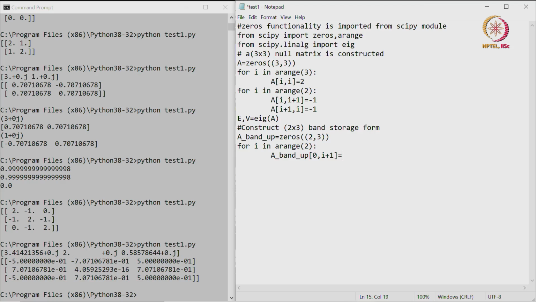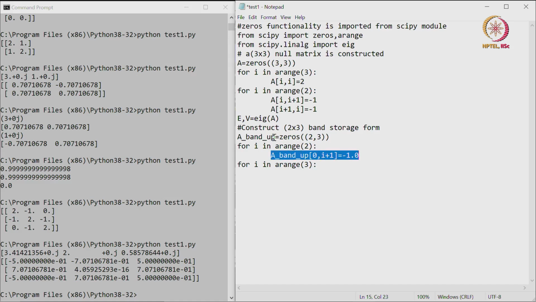This is going to be minus 1.0, and for I in a range 3,